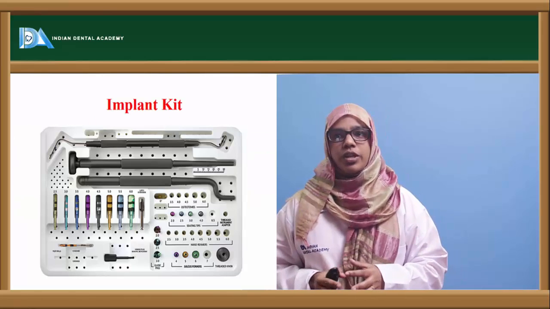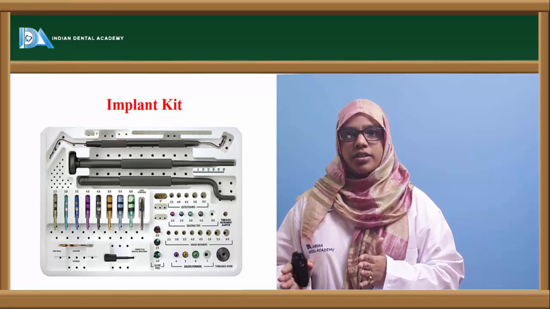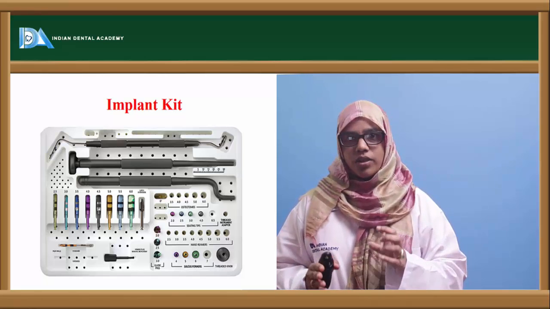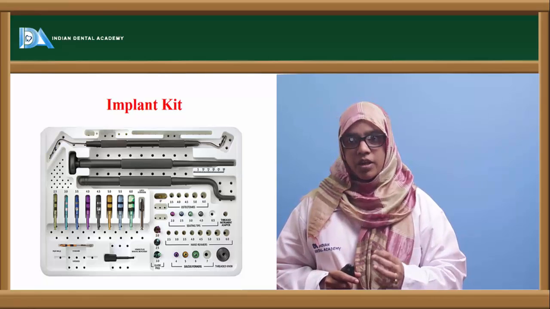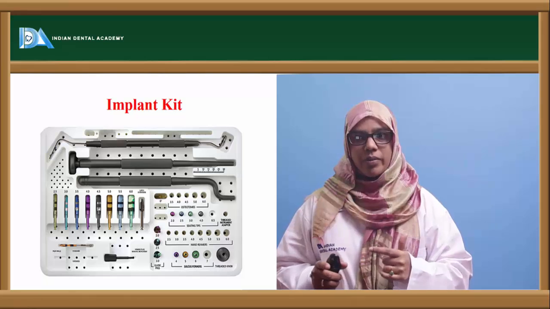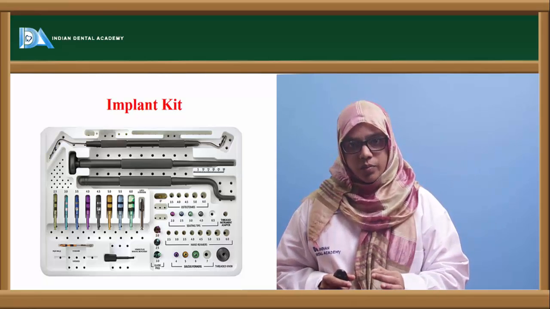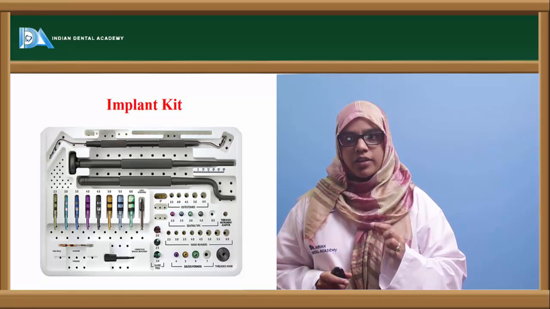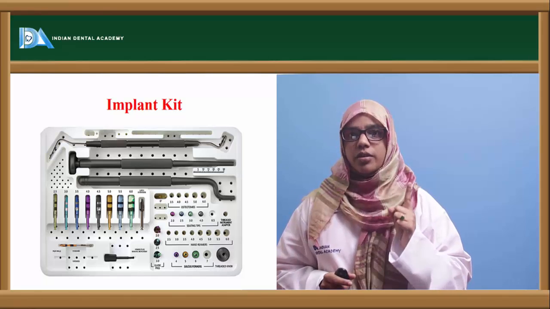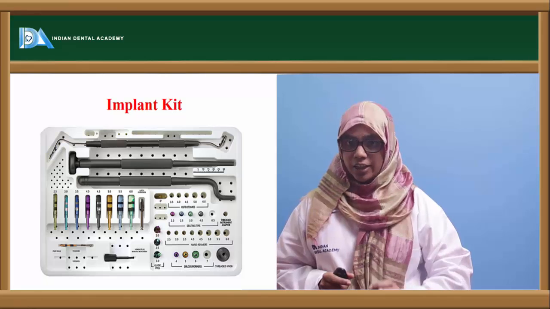Now this slide shows an implant kit wherein a number of color-coded drills are present. On the drills there are markings that will determine the length that you have to go inside. Before these drills there is one black pilot drill, which is used to create your purchase point and remove the cortical bone. Once you have used the pilot drill, you have your first pointed drill. With your first pointed drill, you will get the length of the implant.